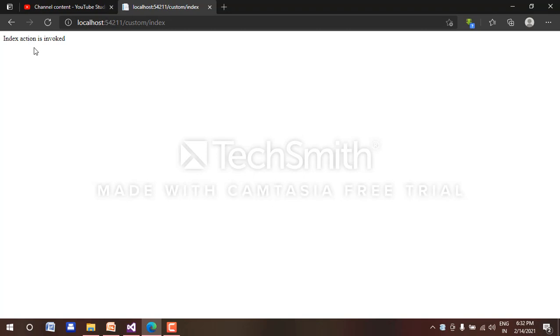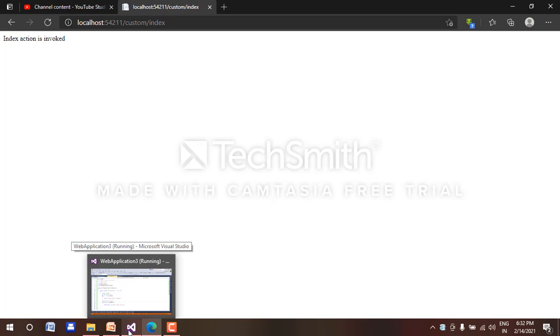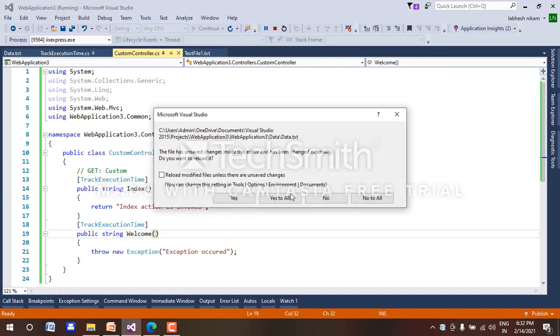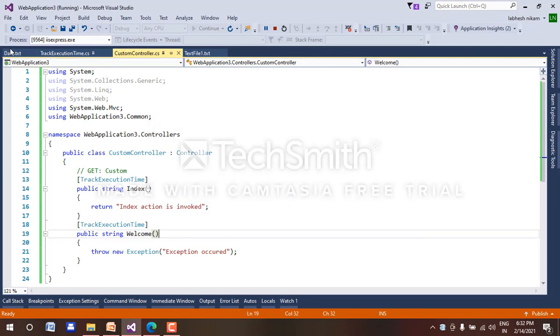Index action is invoked. Okay, let's check the log file because index action is invoked. So the two messages of the log file will be added into the text file. Let's check it and save this, yes to all, because the log file will be generated after this click.